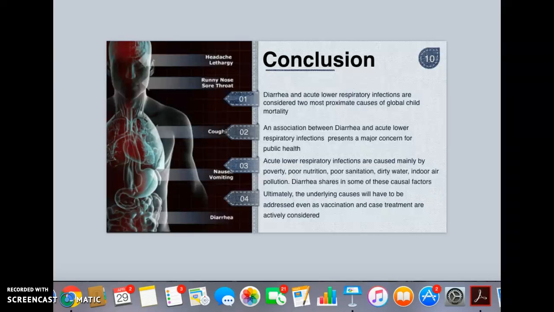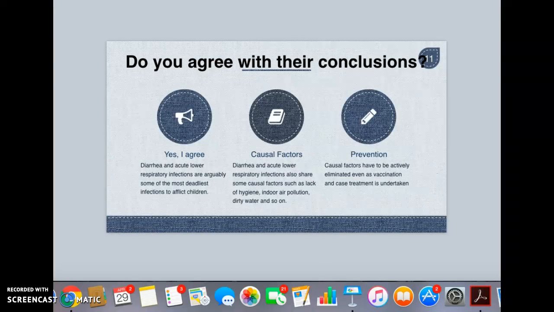The physical symptoms of poverty and just the environmental settings in general need to be cleaned up before we should expect any changes, rather. Do you agree with their conclusions? Yes, I agree. Diarrhea